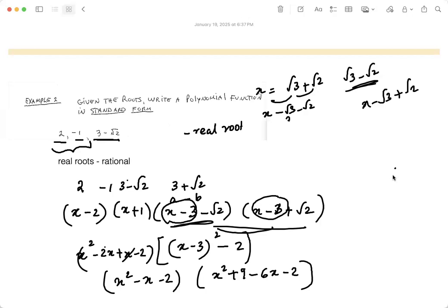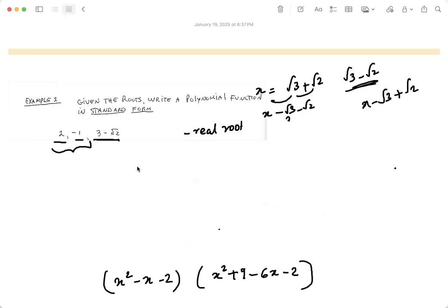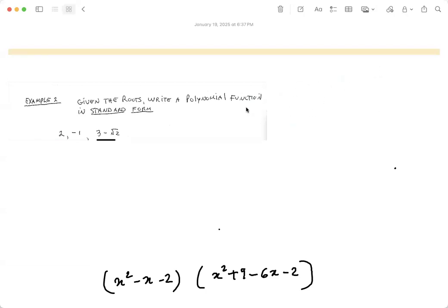7x cubed minus. Arya, the x square term is incorrect, x term is incorrect, and the sign of the constant is also incorrect. Guys, I feel like there is a lot of gap in multiplication. I'm going to do this for you anyway. Till this we have it. So let me take the last step and then continue from there. I do see a lot of gaps in multiplication, so please practice before you go for any test.